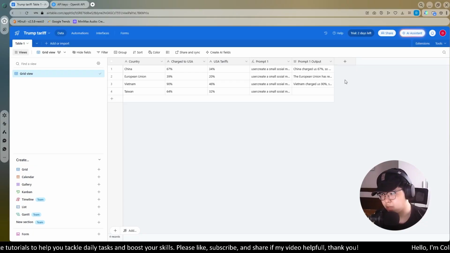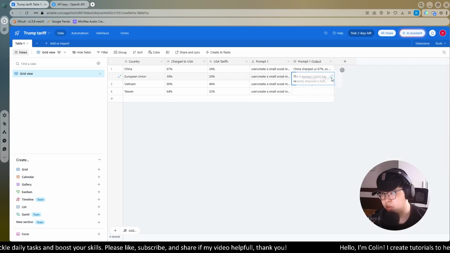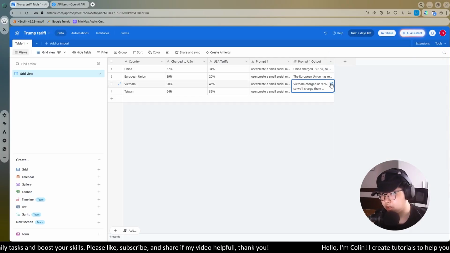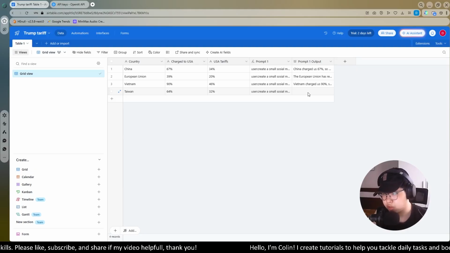But you can check the output here. Like this, ChatGPT gives me a return from the input prompt. Similar for European. Vietnam and Taiwan don't have it because I don't have enough credit. But if you have credit in your ChatGPT account, the script should work normally.